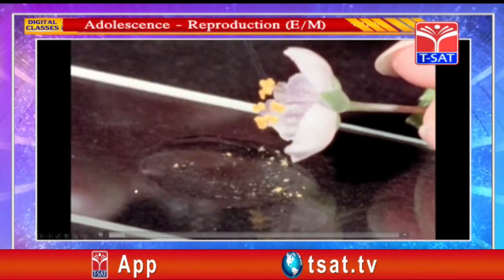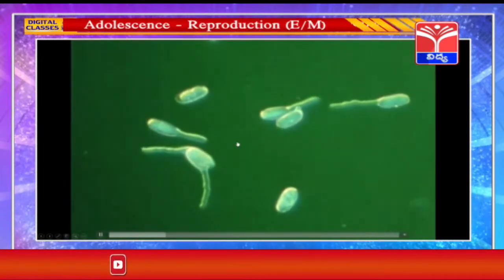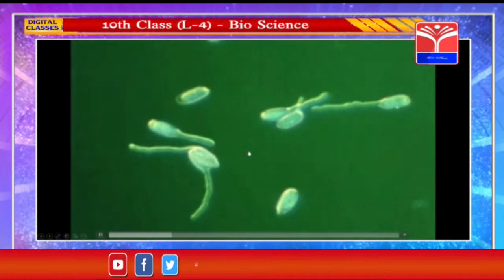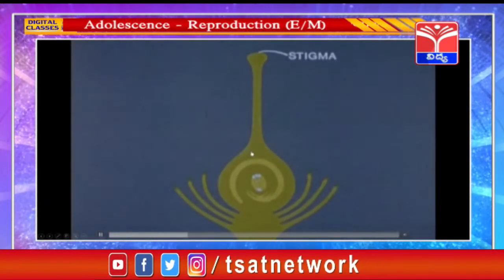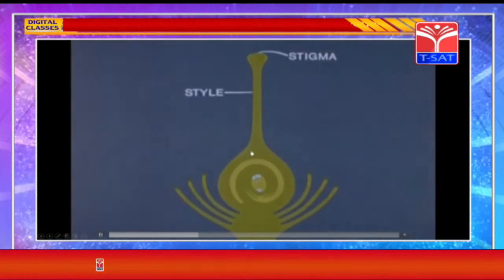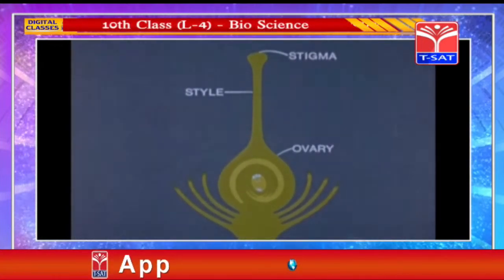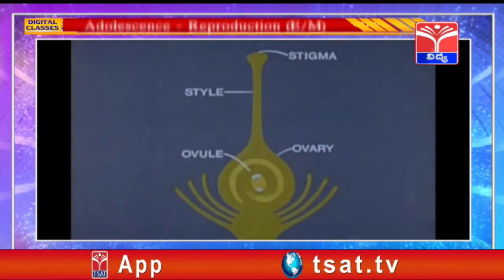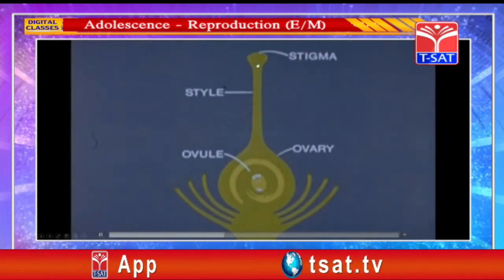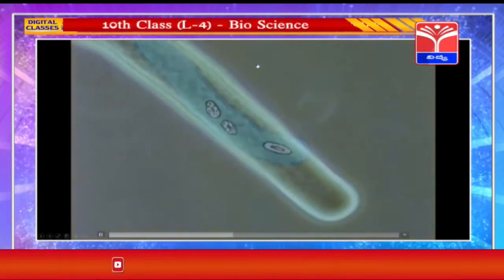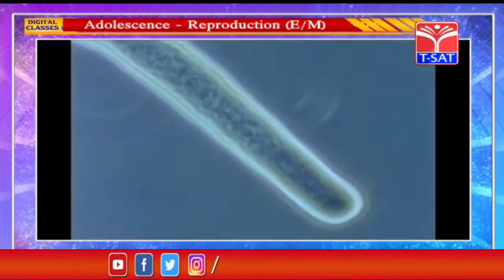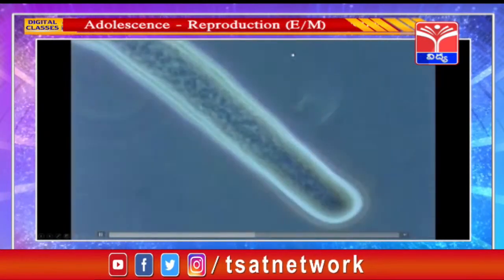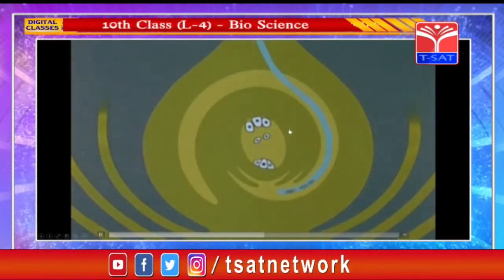Here you can see, as you know, the pistil has 3 parts, that is ovary, style and stigma. Ovary produces ovules, that is female gametes. Stigma has some substances which promote the germination of pollen grains. So, this pollen tube passes through the style of the pistil and reaches the ovary, and this tube has male